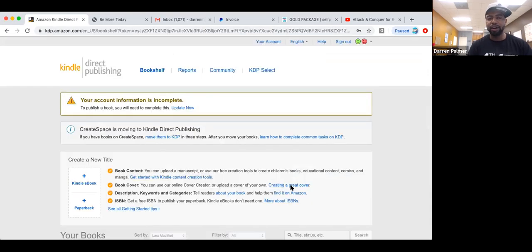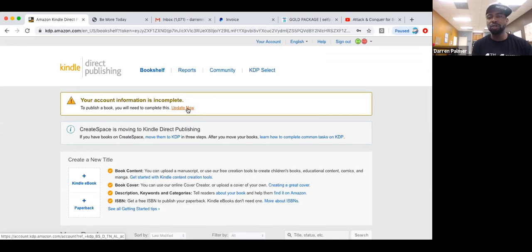Okay. Now look here. This is the information: your account information is incomplete. That's the information that we will want our clients to fill out. They will just need to click update now. Typically what I like to do for them is take a photo of this and tell them to log in. I send them a text or email,